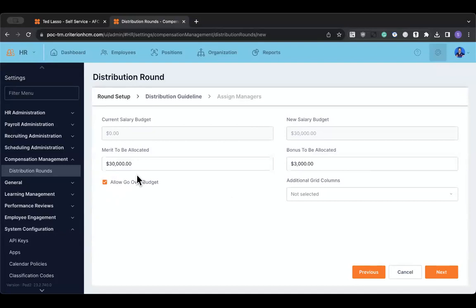So that's what that'll be. It does not stop anything if they go under the budget. All right. Now in the grid, we do show things like the name, the employee number, stuff like that, but